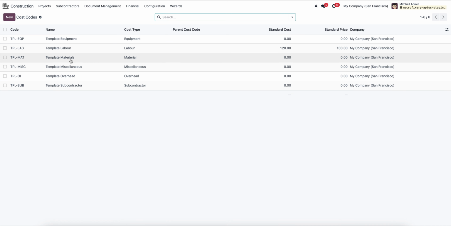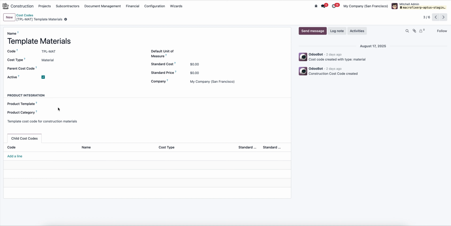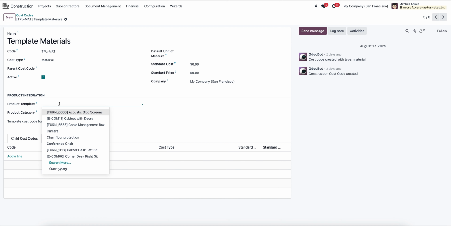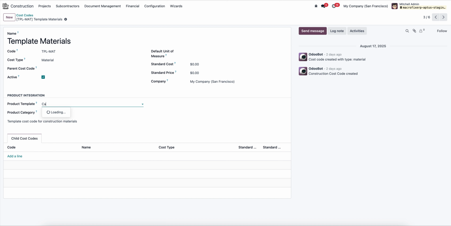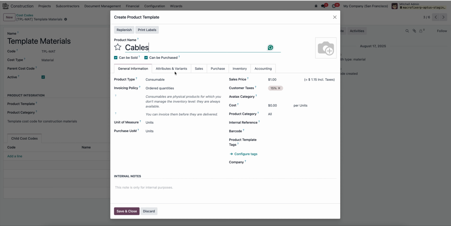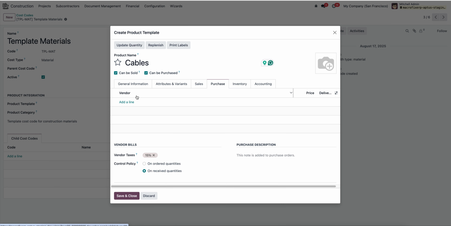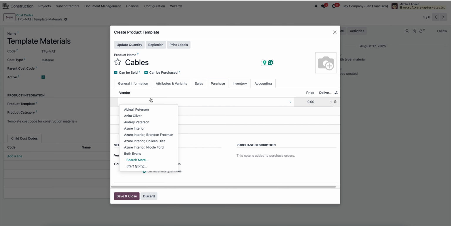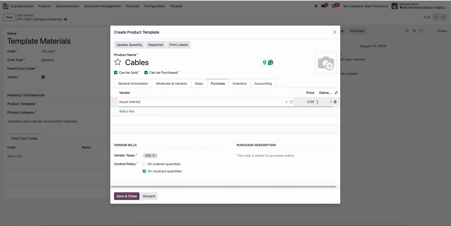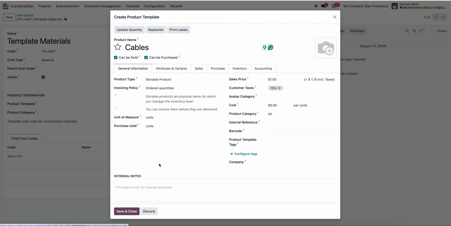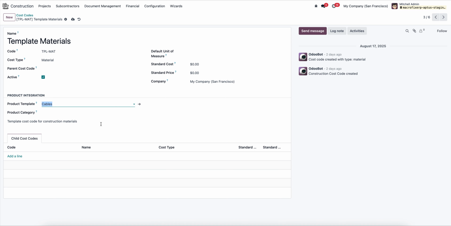Similarly, there is equipment, and you can use material also. For material, I can give you an example of cables. Let's say I'm just using a cable product for you. It is also a consumable type or storable, whatever you prefer. Same, I just set up a standard vendor for cable, and here, same for cable, I can configure the